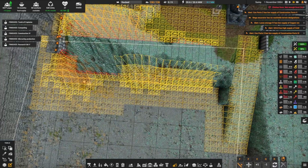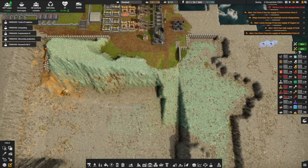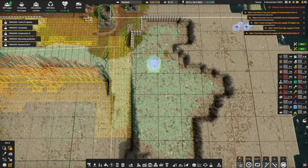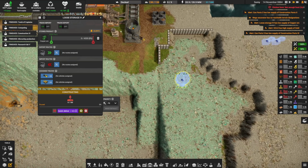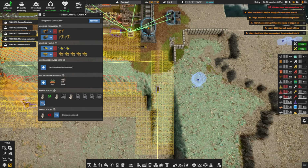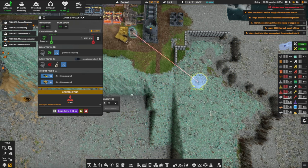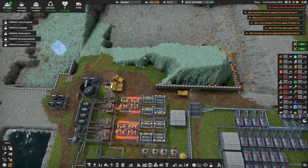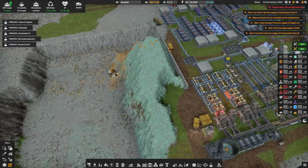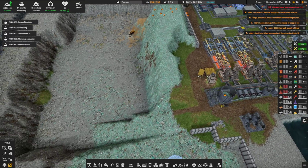In fact, I want this gone so much that I'm more than happy to put in a box and set you to no. Yeah, you are set to copper ore, and that's the one, and hook that into that box, and just have somewhere for copper ore to go, because I really want to get rid of this. I want to expand out copper further, but to do that, I sort of need all this copper